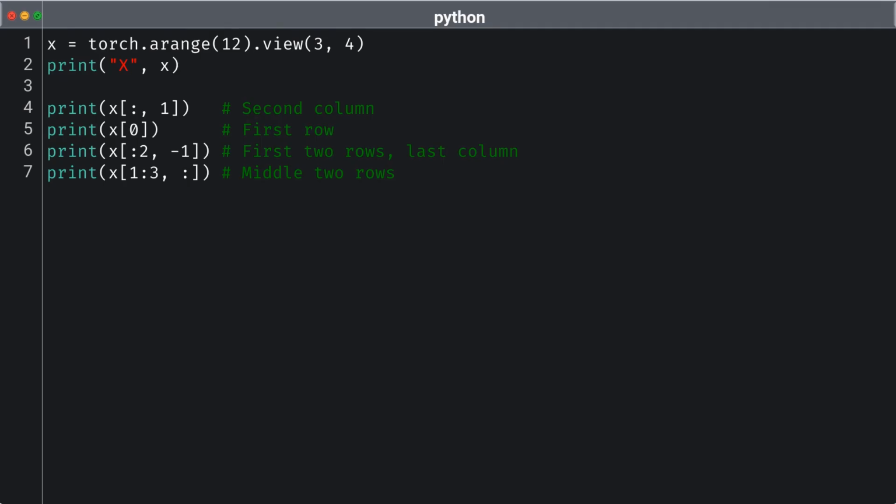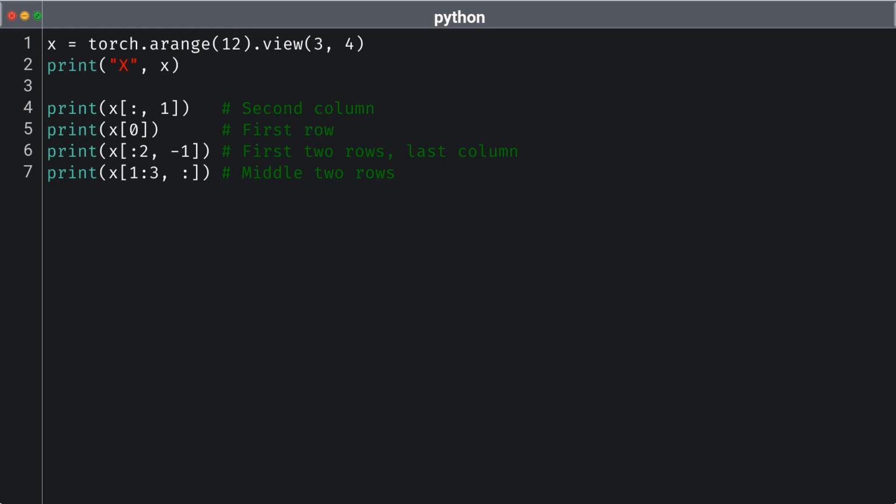features of your dataset. Next, x[0] accesses the first row, illustrating the capability to isolate individual entries in your tensor. Further, the statement x[:2, -1] showcases how to select multiple rows while simultaneously targeting the last column. This is particularly useful when working with datasets that require retrieving data across various dimensions. Finally, x[1:3] retrieves the middle two rows entirely, allowing for complete visibility into a subset of the tensor. Each of these operations highlights the intuitive nature of indexing in PyTorch, which facilitates the manipulation of data as your